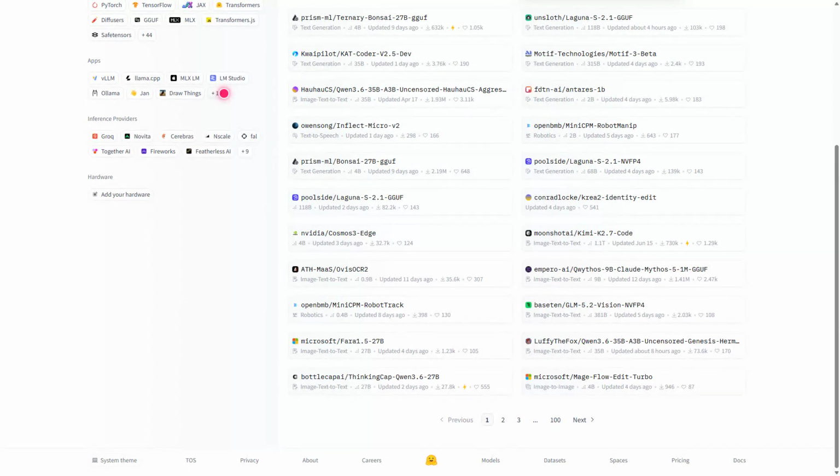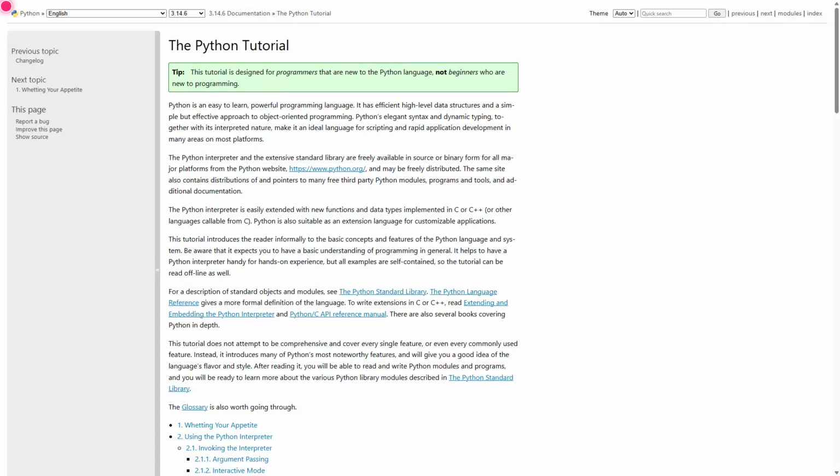We navigate to official Python documentation and open the Python tutorial. Python is the primary language used across machine learning and automation pipelines. Scroll through the extensive table of contents. We cover foundational building blocks, starting with using the Python interpreter, handling numbers, strings, and data structures like lists, sets,